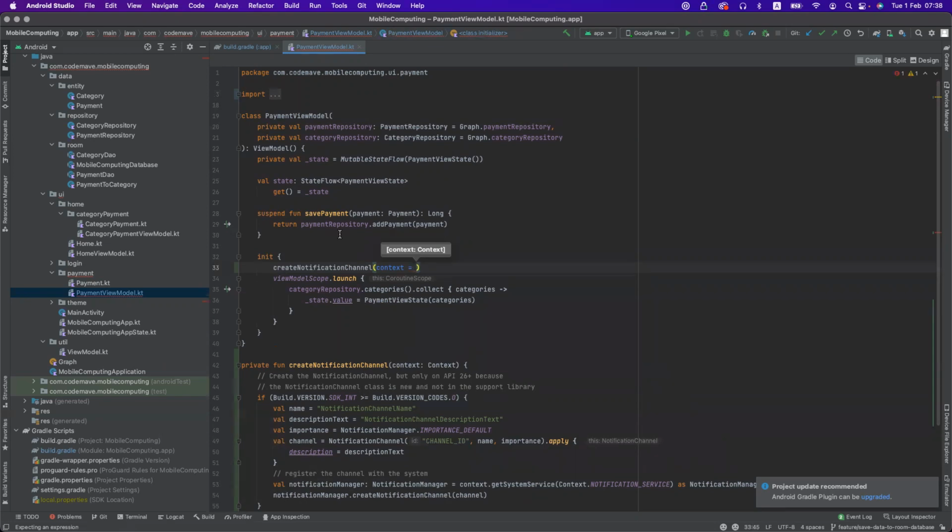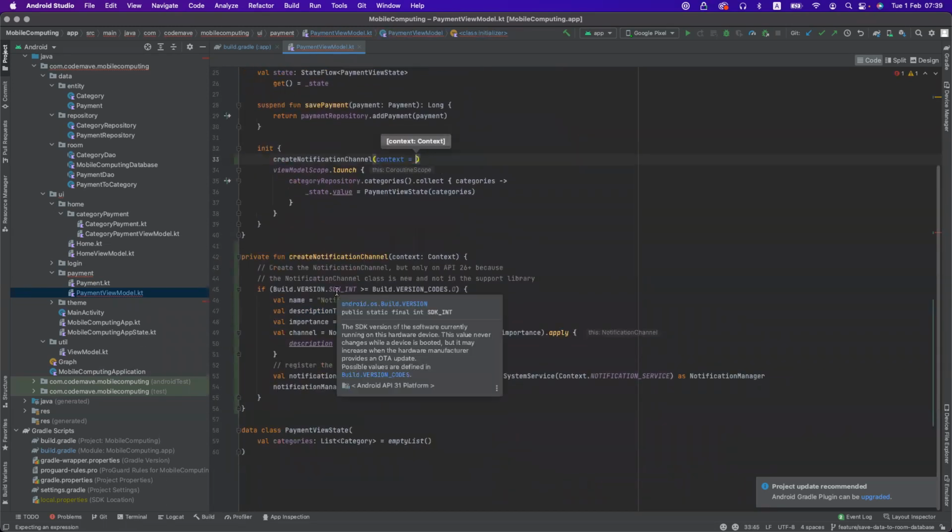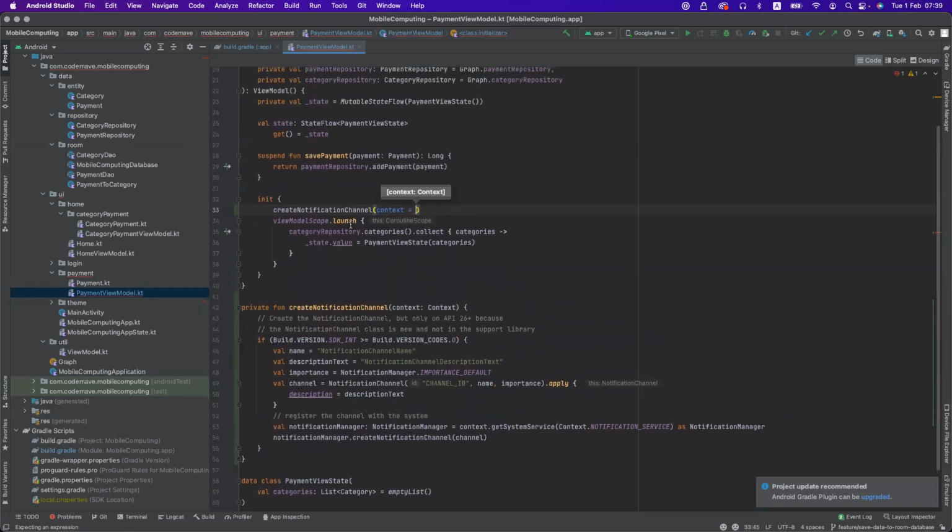I think it's available in the main view, but we do not have context here. So it's either we move this whole thing to the home view, or we supply context. And I would want to